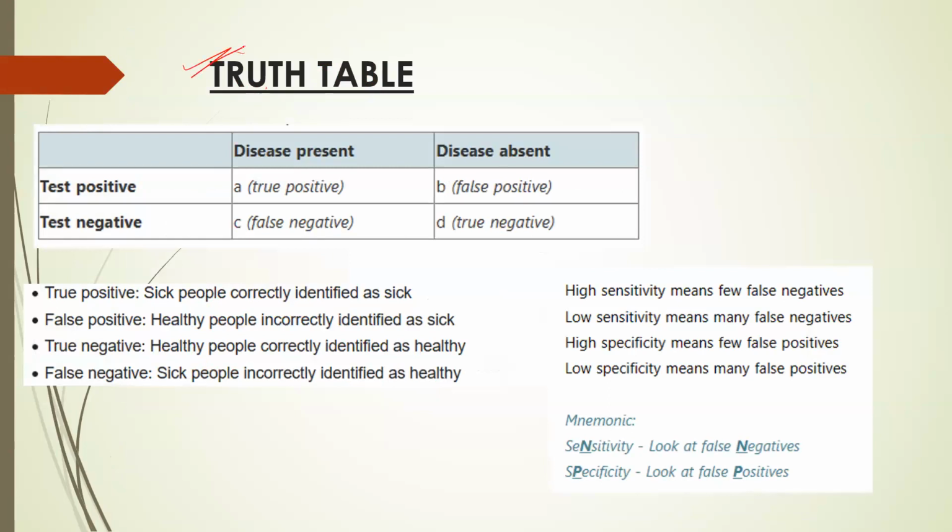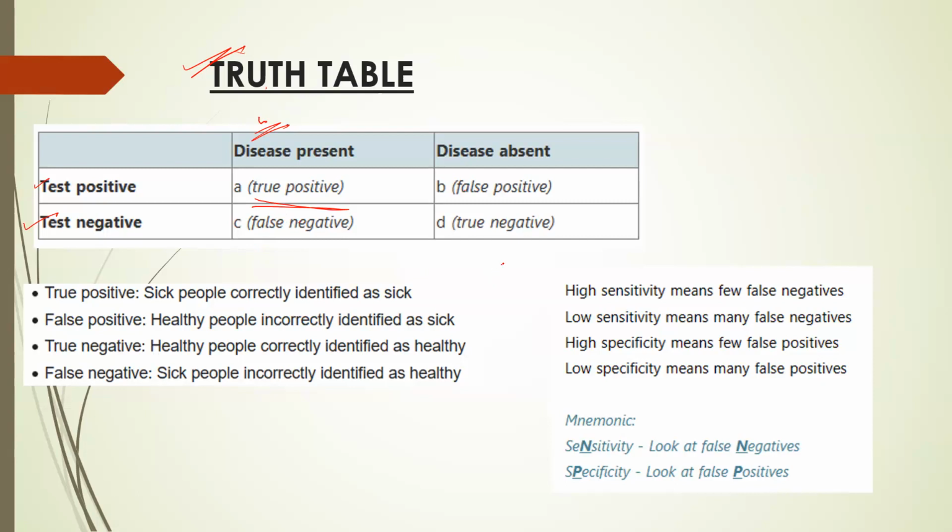Okay. Next, moving on to the truth table. This is something which you'll need to memorize, not as ABCD, but as true positive, false negative, and true negative. So always remember the row. The top row will always have disease present and disease absent. And remember, the column will always have test positive and test negative. So like we know, true positive is when the test is actually positive in a diseased person. And again, false positive is when in a normal individual, the test is positive. Now, true negative is